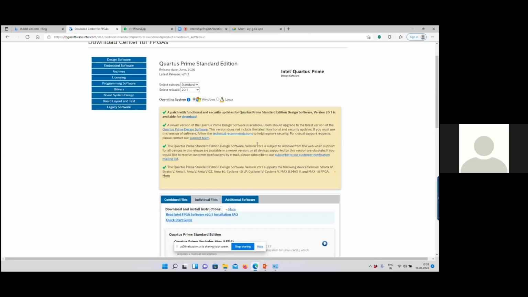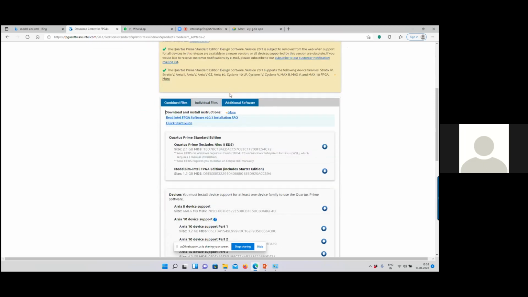Once that is available, version 20.1 will be removed. Day by day it changes; three months back it looked different. At that time 20.1.1 was the beta version, but today 21.1 has come. Now, which operating system are you using, Windows or Linux? The version is available on both platforms.